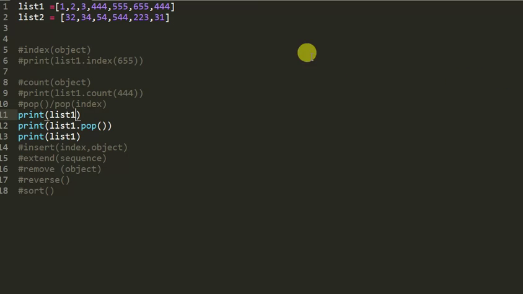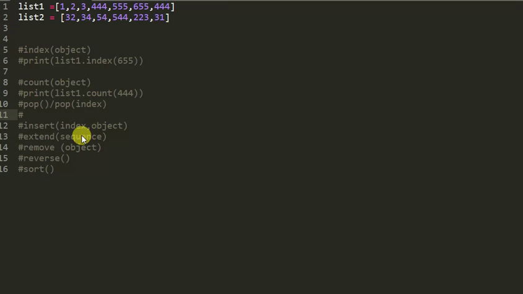And the next one is insert index object. Here we have to give an index and then we have to give an object. For example, we want to insert 32 in the list 2. We want to insert some element. So here